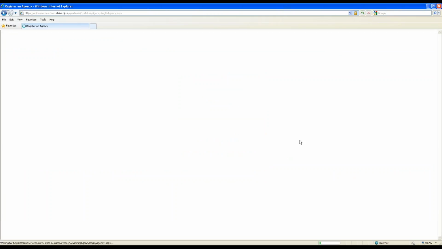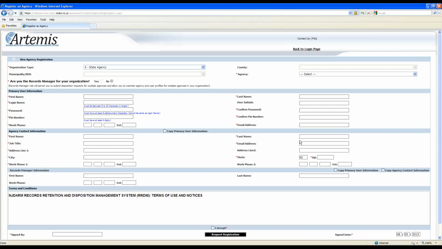What that's going to do is open up a screen, and it's going to ask me to choose some information and then enter some information as well. So we'll give that a few seconds. Now, while this is coming up, I just want to let you know that we are in the process of finalizing some additional stuff within the system. We're hoping to have that done by the end of this week, so everybody could actually start registering as of next week. So just bear with us. It could be done as soon as tomorrow, but from what my developers are telling me, they should have everything finalized by the end of the week.